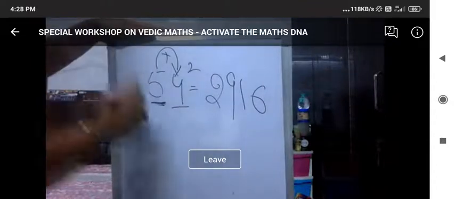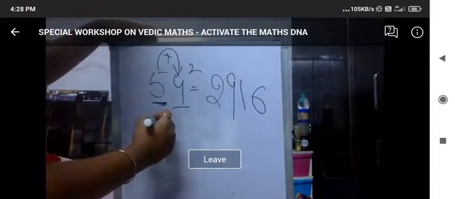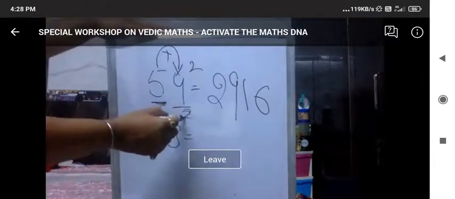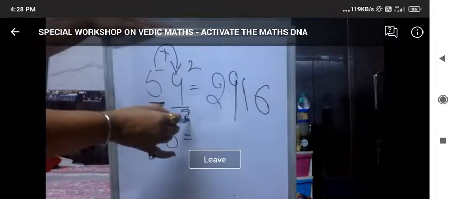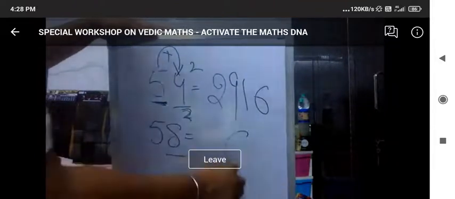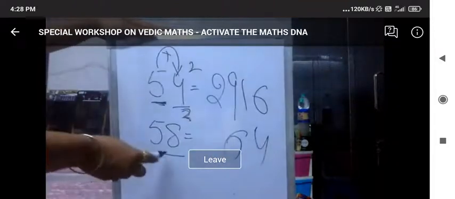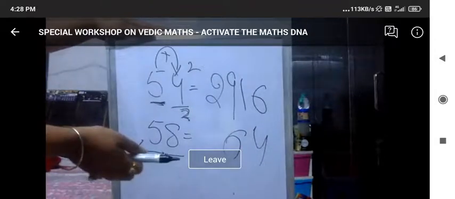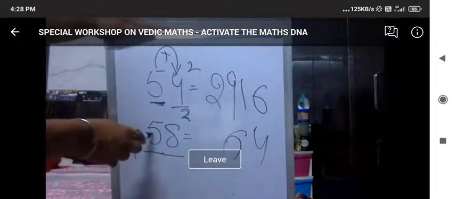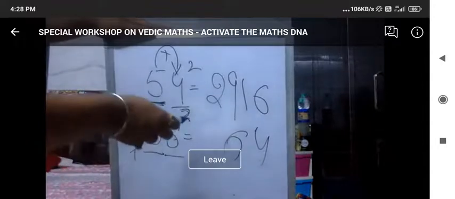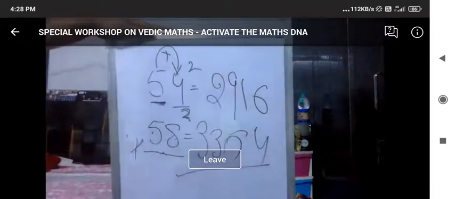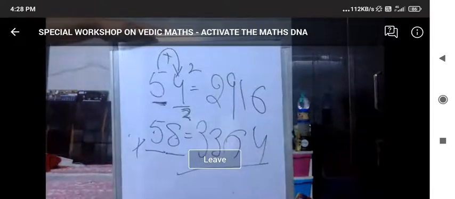Fine. Let's see. If I take another number, 58 square. Let's see the square of 58. Now you are getting it. Absolutely right. 8 square is 64. 5 multiplied by 5 itself. Yes, that's square of 5. And then that 25 will be adding 8 into that. And the answer is 3364 is my answer.